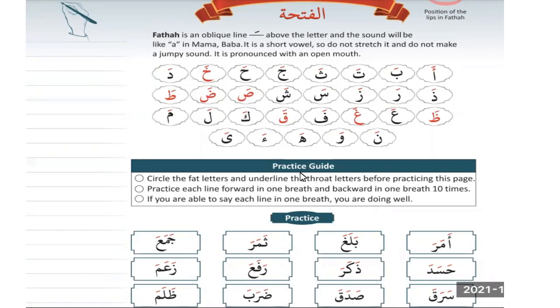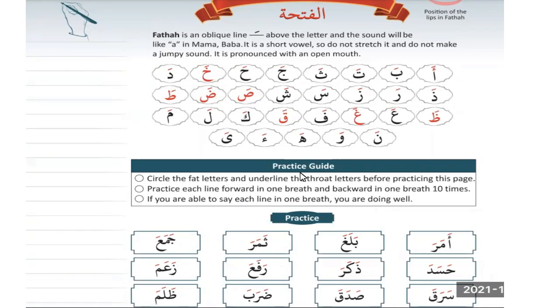And if you see the two dots on the top of this shape with the sign of fatha, ta, fatha, ta, very light sound. And then next is tha with the three dots. Subhanallah, look at this. These three letters, the first one you can